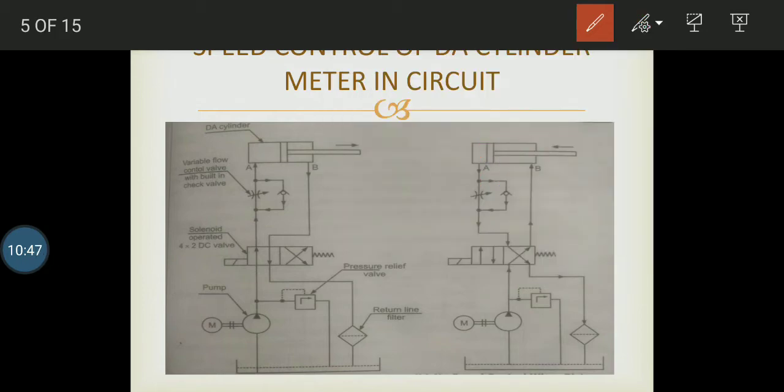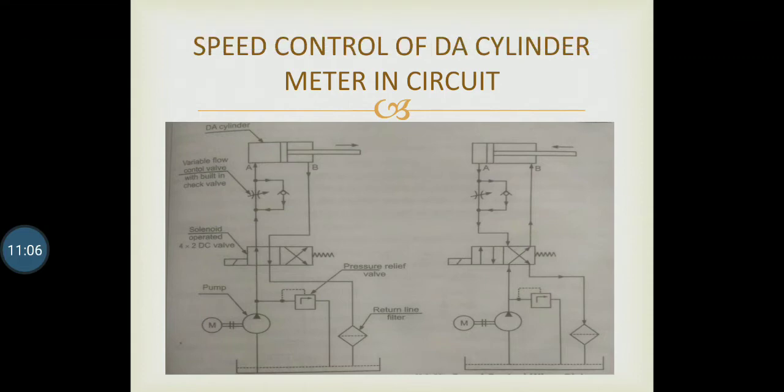The discharge goes from here, crossing over, and into the tank, while the fluid going in fills the complete cylinder at port B. So this is the complete meter in circuit.